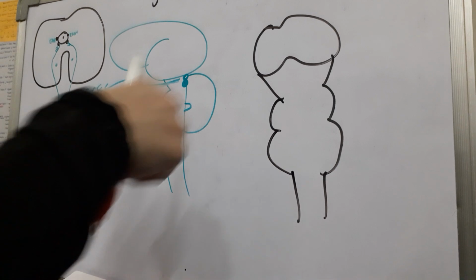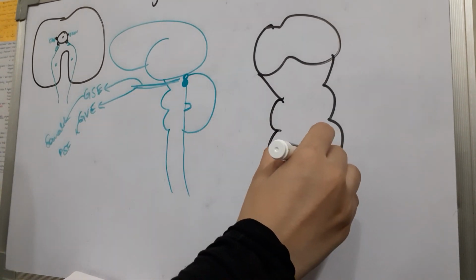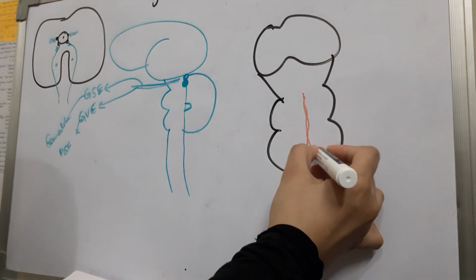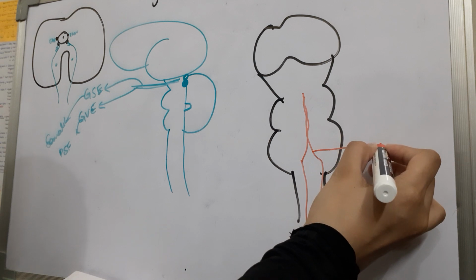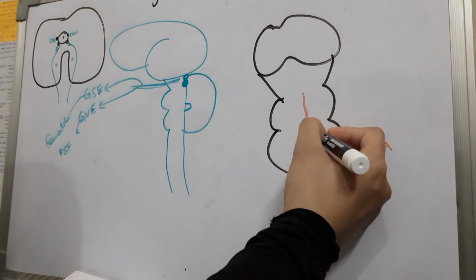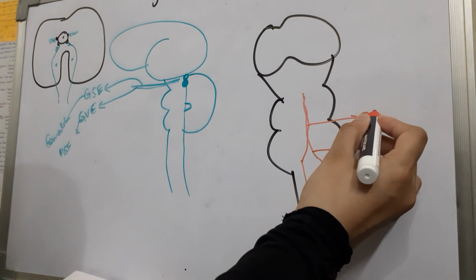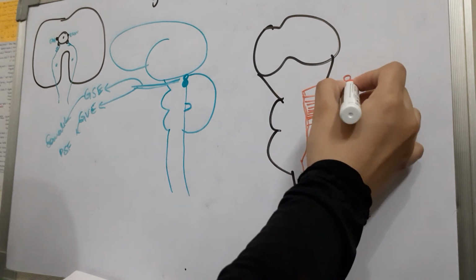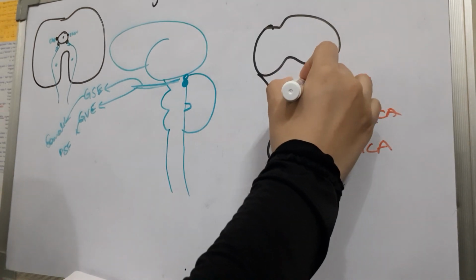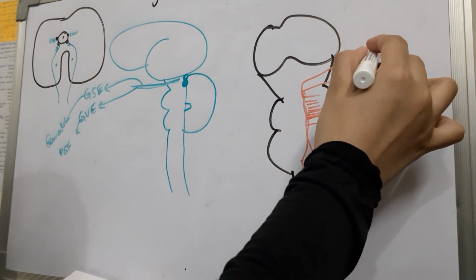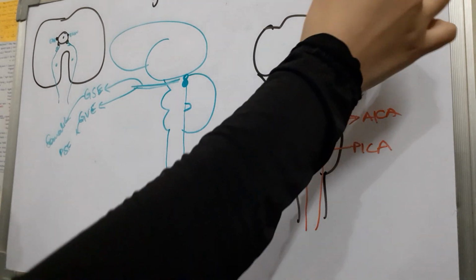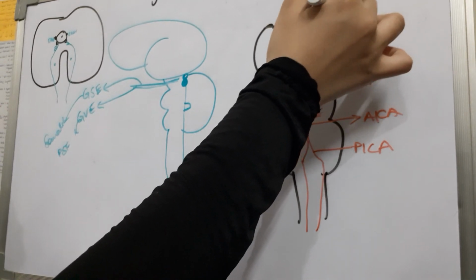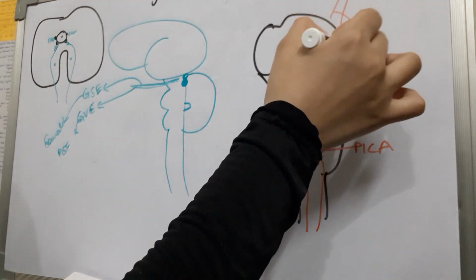spinal cord. From here, these are the two vertebral arteries which form the basilar artery, and here the vertebral arteries give PICA, which is the posterior inferior cerebellar artery, and from here the AICA comes, that is the anterior inferior cerebellar artery. Then the pontine branches come and here there is the superior cerebellar artery, and then it gives the posterior cerebral artery, and then the further supply is from the internal carotid artery, which gives rise to the middle cerebral artery and anterior cerebral artery, and then the circle of Willis